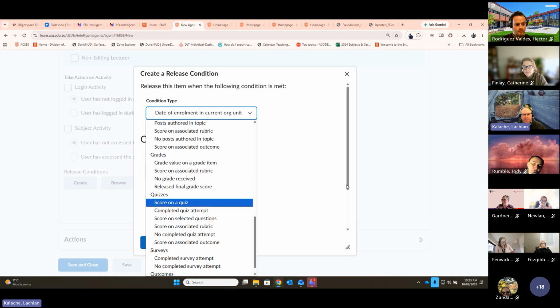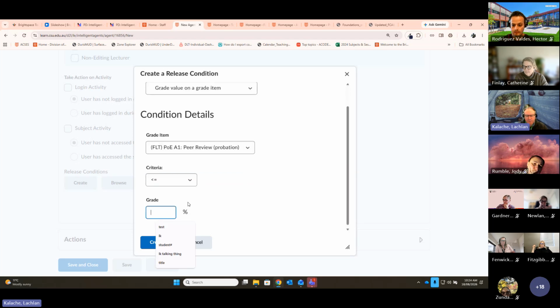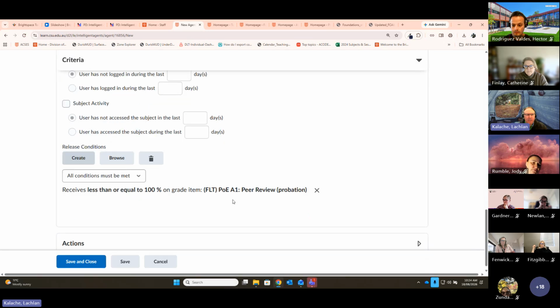I'll leave the rest of the options for you to have a look through, but I think you'll agree there's lots to choose from. And the other part is with release conditions, which you may or may not be aware, you don't only have to have one. You can have multiple. So I could turn around and say, well, I want to pick up students that got a particular grade on a particular assignment, and if a student happened to get less than 1 in this case, or less than 100% because it's a pass-fail task, I want to pick them up in this agent. That's one condition. And I can now add more and say also,